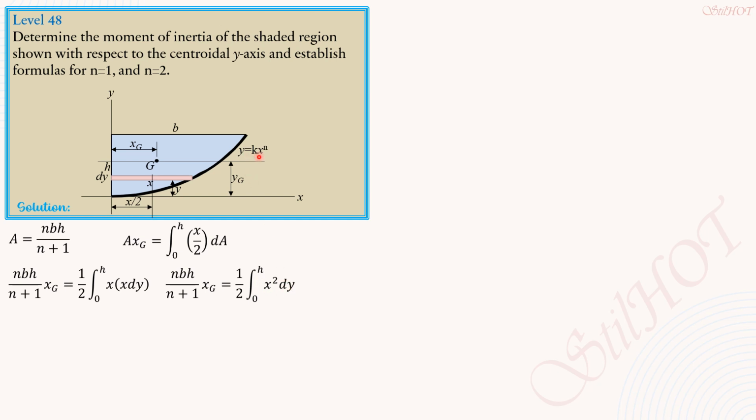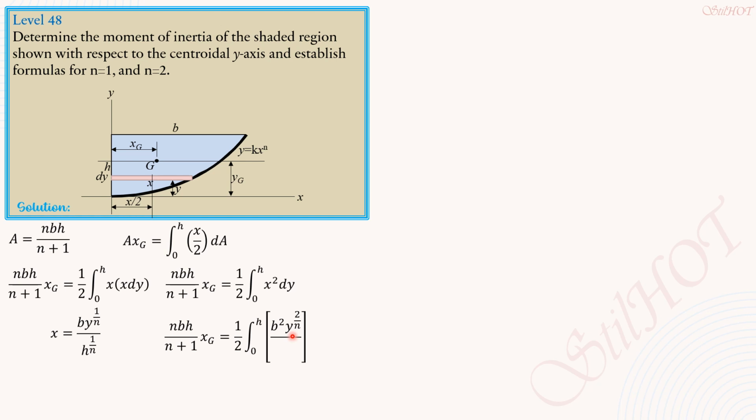So since x is y to the 1 over n over k to the 1 over n, and k is h to the 1 over n over b to the 1 over n, that's why x becomes b over h to the 1 over n, y to the 1 over n, from the preceding problem, level 47. So substitute here: n b h over n plus 1 xg equals 1 half integral 0 to h of